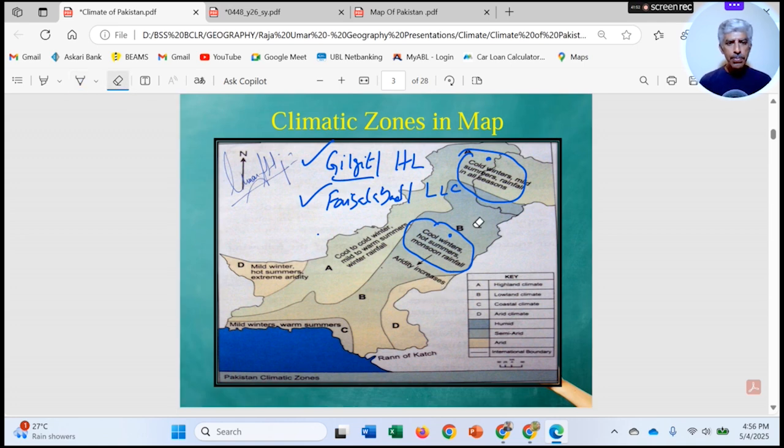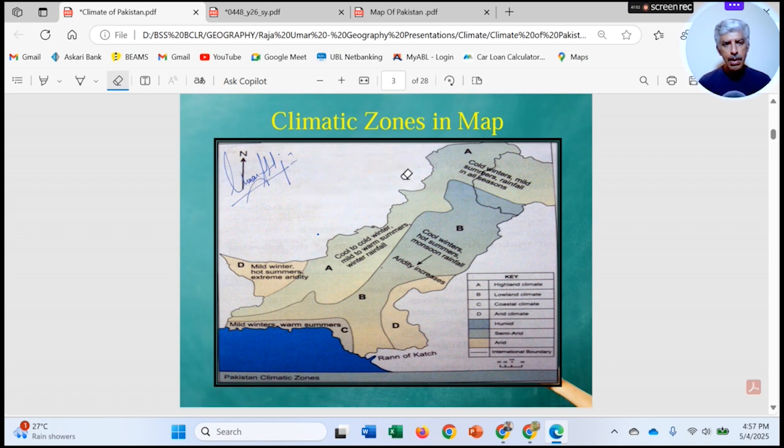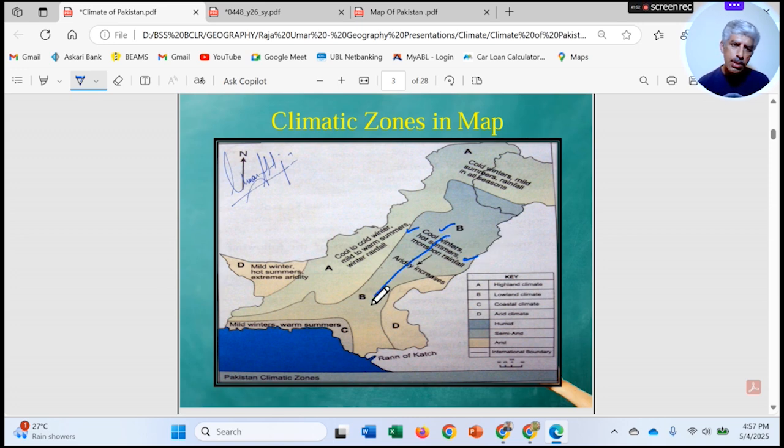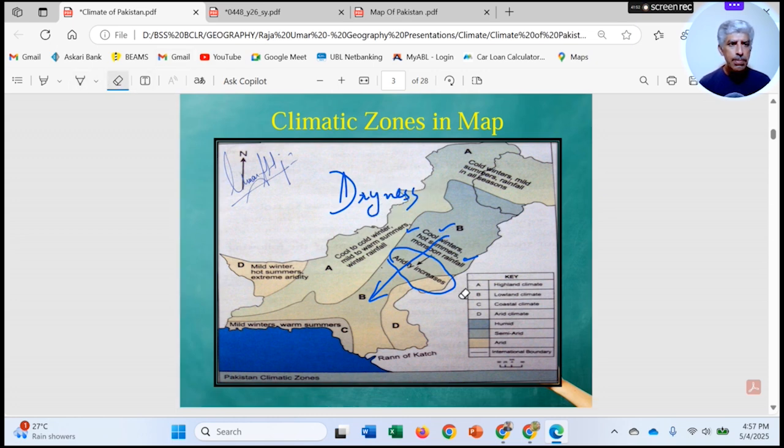Okay, now talking about B, in B region, cool winters, hot summers, monsoon rainfall explained. But if we move downwards, southwards in this region B, we see that the aridity increases, dryness increases. It means that the upper regions,